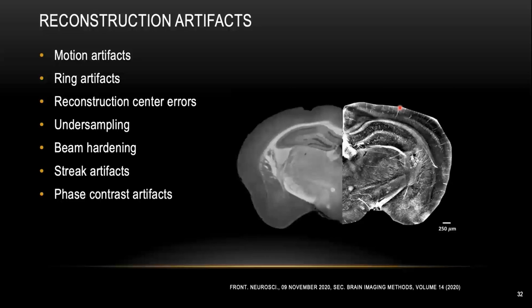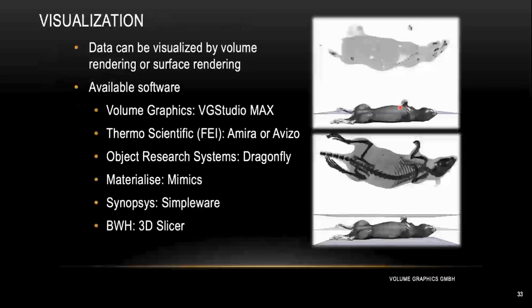So that's a couple of typical artifacts you might be seeing when you do micro CT scanning. And by the time you're done with scanning and reconstruction, your data is ready to use for 3D analysis. Most of the time, by this time it's 3D volumetric data, so you can try to view your data in volume rendering or surface rendering. You can adjust a viewing threshold, so you can focus on different regions. For instance, in the picture on the top here, we focus on the soft tissue in the mouse. And down here, we focus on the skeleton, the bones inside the mouse.